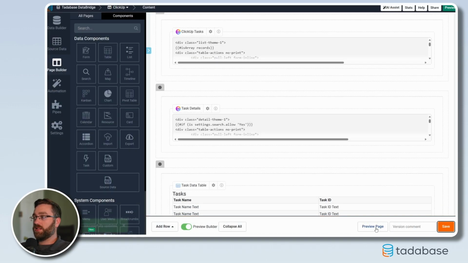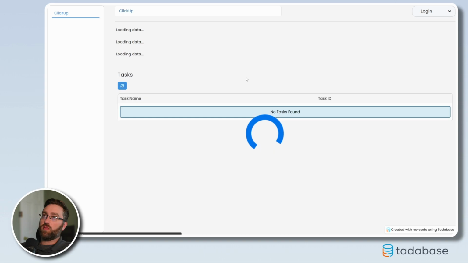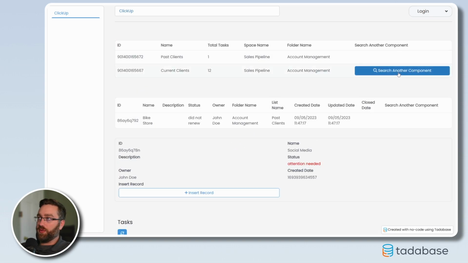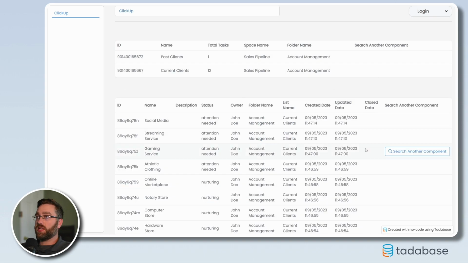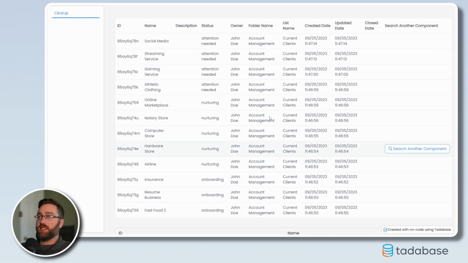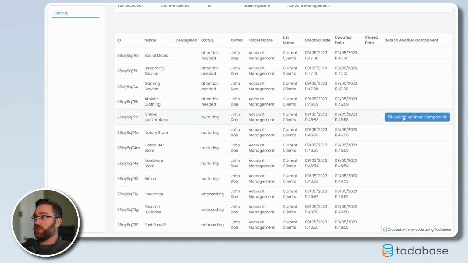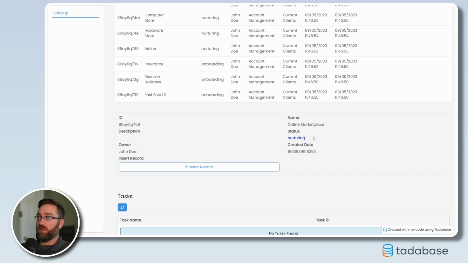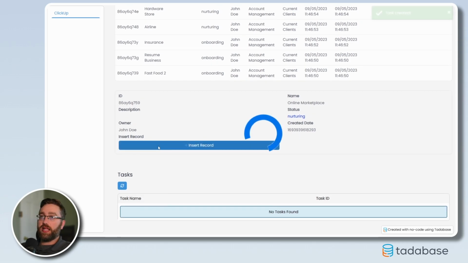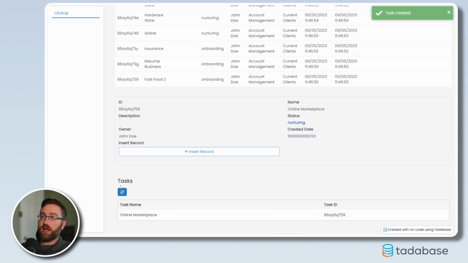So we will save this, preview the page, go back through this whole thing where we want to view an external list from ClickUp, load all of the tasks from that list, choose a particular task we want to see more details about, and then click an action link to insert a new record into a database data table. And this is one workflow out of so many that you'll be able to do and more with the new